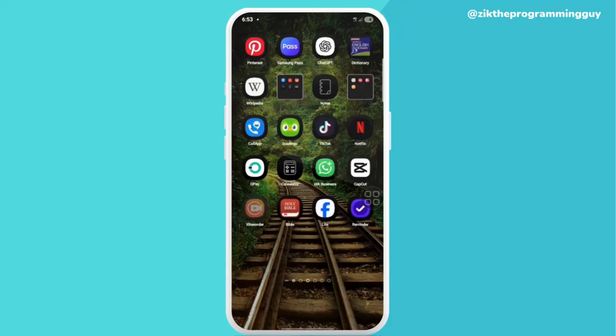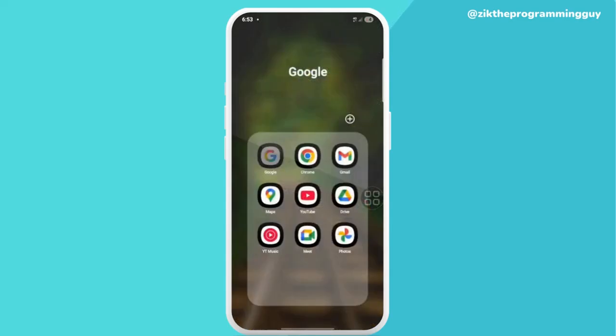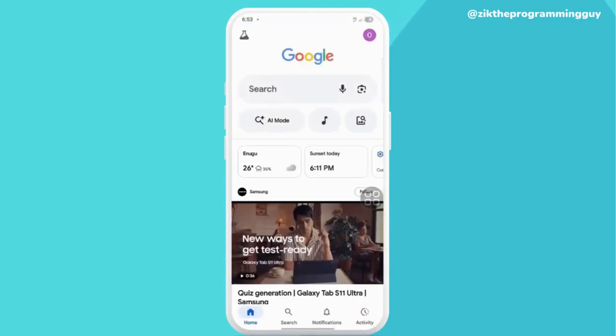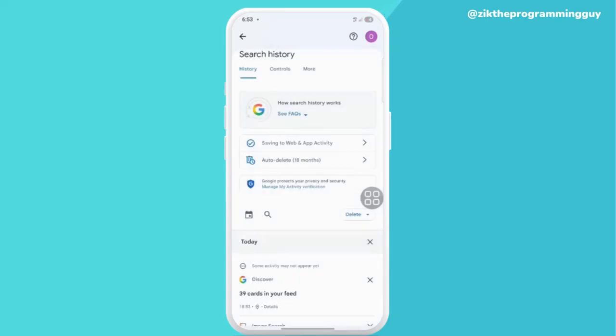So first things first, you have to open up your Google browser, like this, and you can look above your screen. You can see your profile right there. So you have to click on your profile and you can see search history clearly. Click on that and wait for it to load up. It may just take a few seconds to load up. So it's loaded already. So you just have to